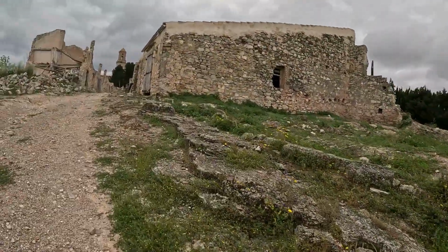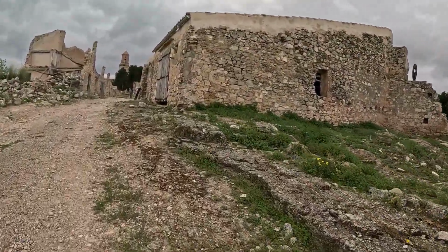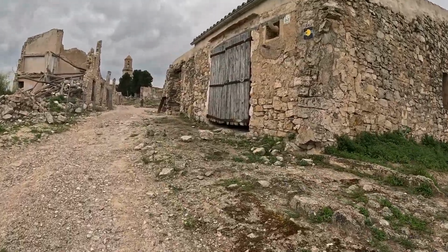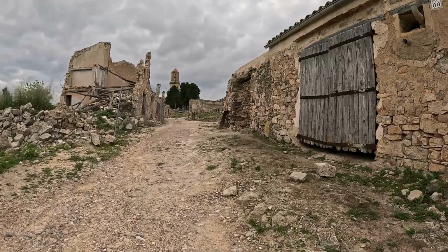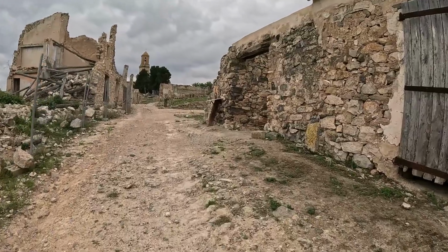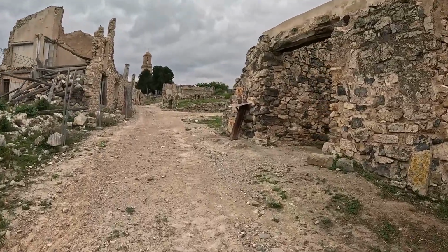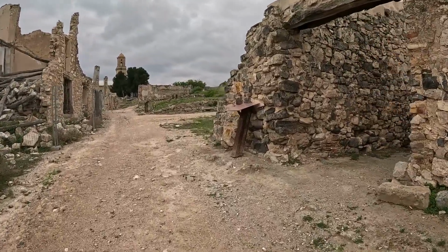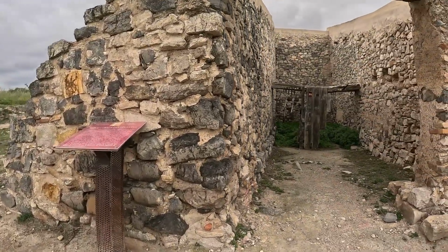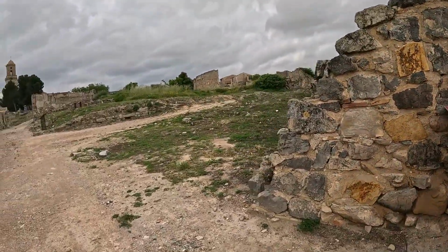Right, back up this way. I've seen another track that we can go up. Go round to the right, we'll bring it back round, I think. Yeah, that's where I was going to go, round to the right, on the main street. And you've got...